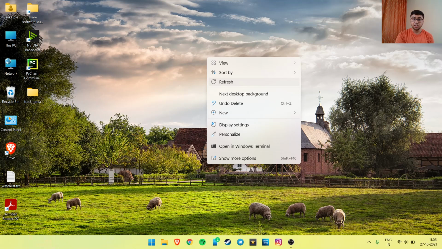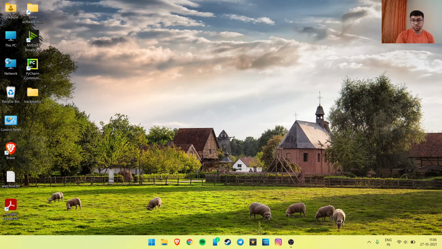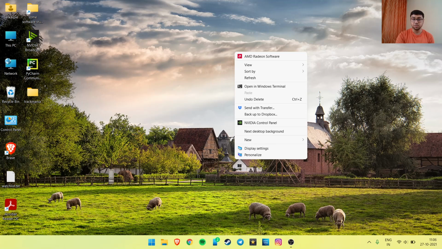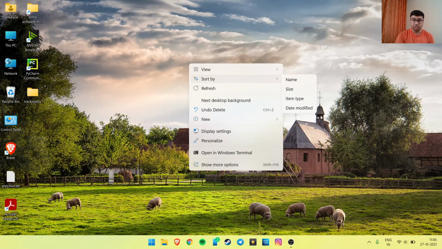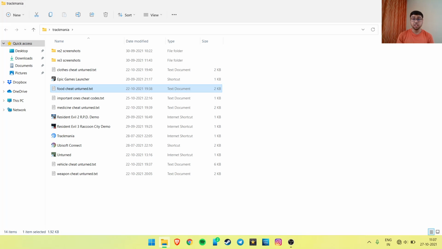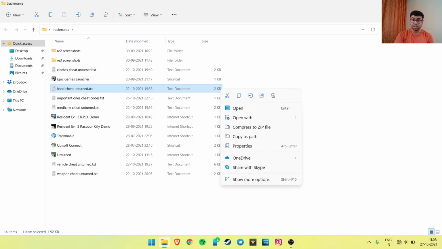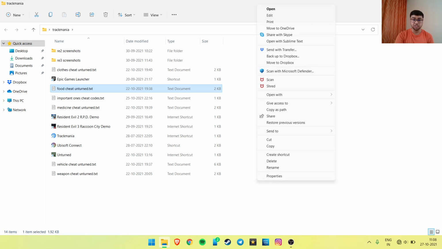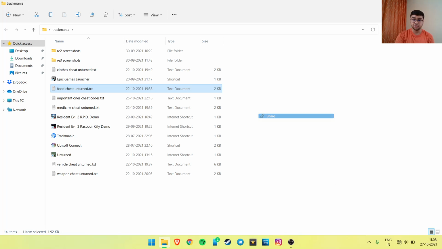If you right click on the desktop, instead of the old menu you are going to see this new one, which is a nicer and more aesthetic touch to Windows. So I share files via email, and I used to right click and use the share option here, and I was a little worried when I did not see it. It's in the more options button. Now you can see that here is the share option.